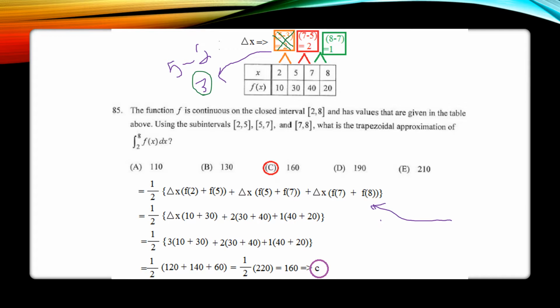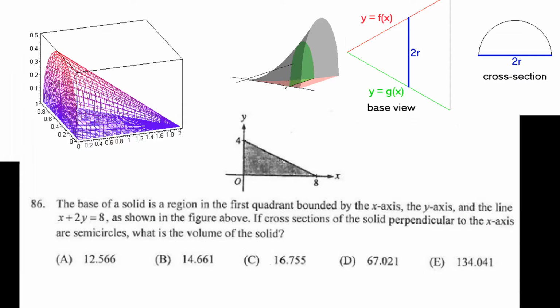Next, we have a cross-sectional volume problem. You can see in the diagram what this would actually look like. It's going to be perpendicular to the x-axis. And what we're basically doing is we're constructing shapes that rise out of our function. So for this equation, you can see this motion picture, which allows you to see exactly what a diagram would